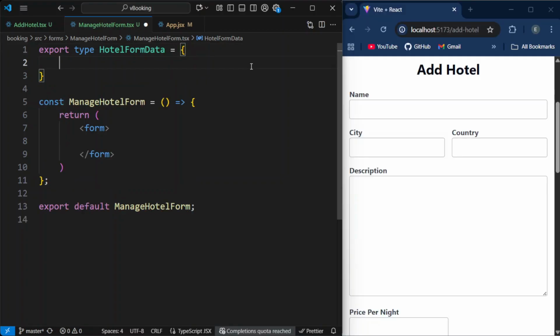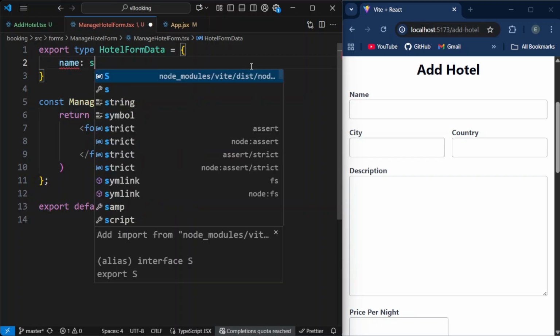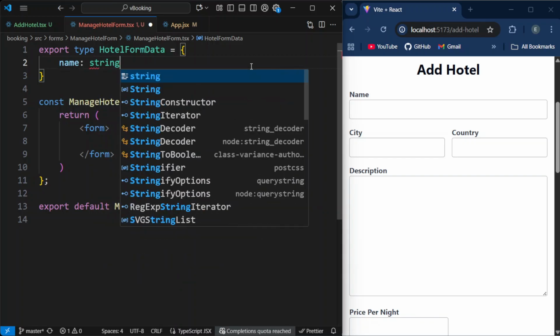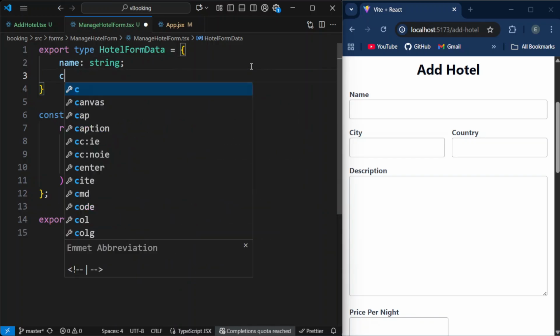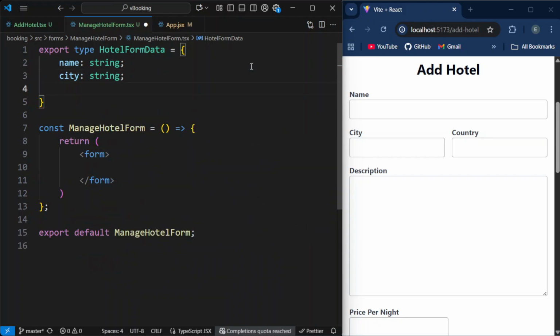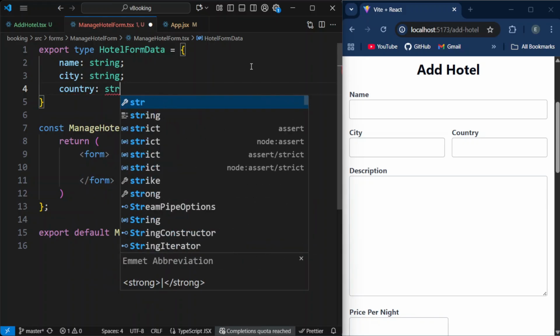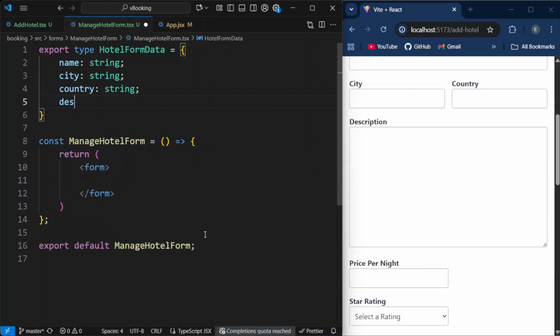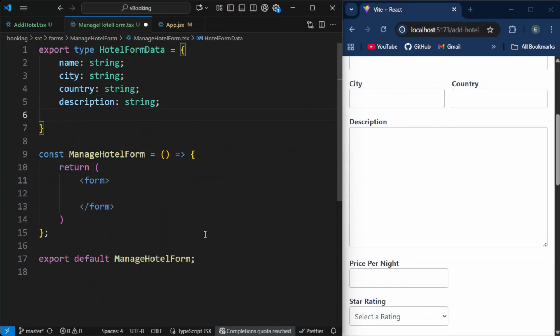Let's see what are the properties. So first we have name, which is a type of string, city, string, country, which is also a type of string. We have description, which is type of string, price per night, it is camel case, which is a number,